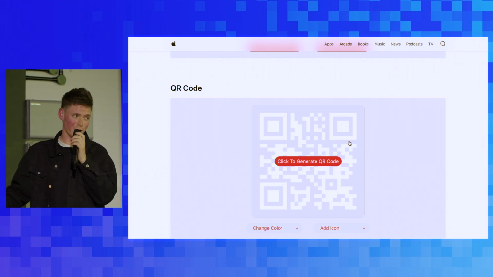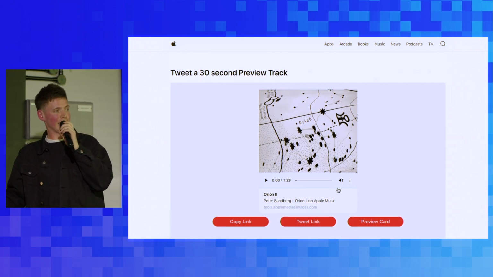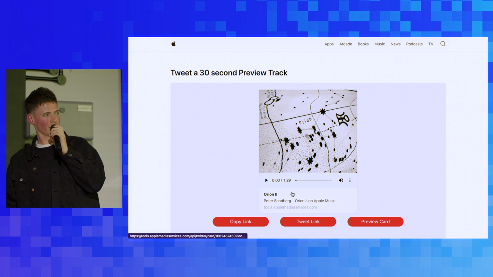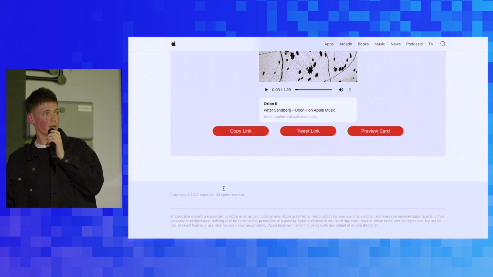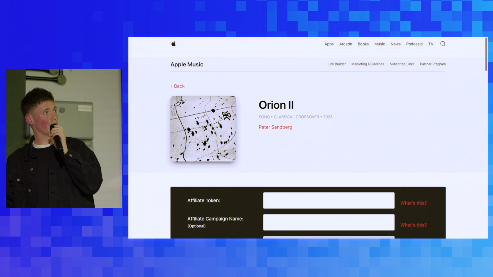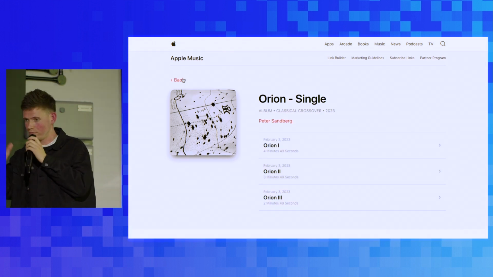The same thing will go the other way. You can directly link this to Twitter. You can make these Twitter cards, the same deal. This one's 1 minute, 30 seconds. It's pretty handy, isn't it? You can do that with any track or with his entire artist page, and for all of you as well.